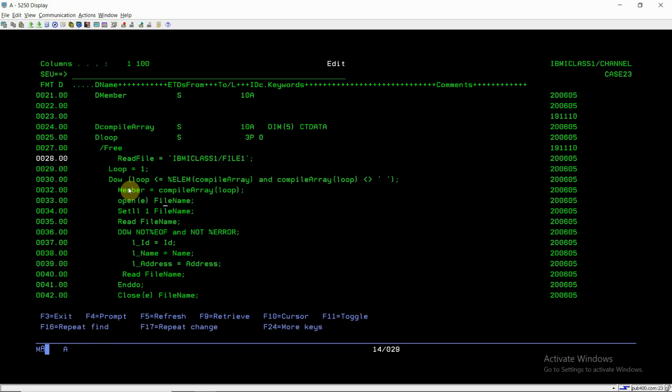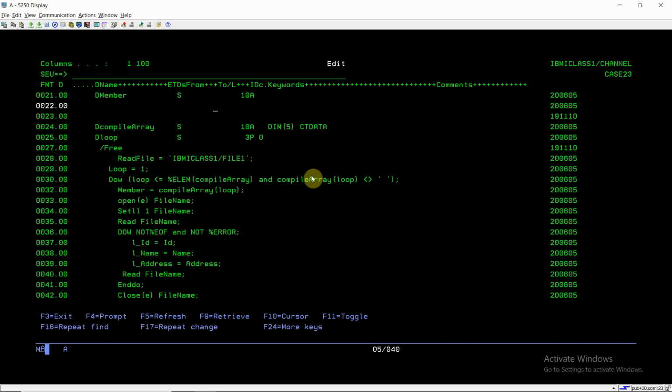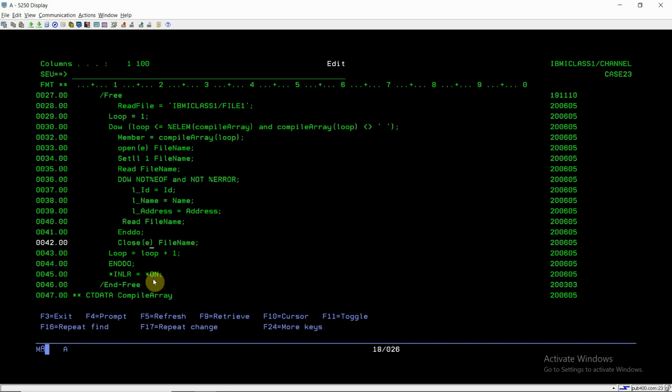And then I am opening the file. File name would be IBMICLASS1 file 1 and member 2, right? And I'm opening the file, then I'm doing the setll, read and do while not %eof and not %error, and then I'm evaluating the member fields to the local variable fields. I'm reading this file in a loop, and then I'm closing the file, right?